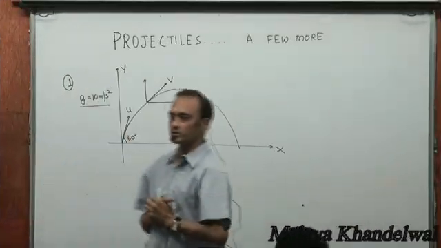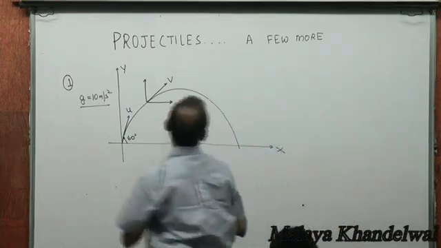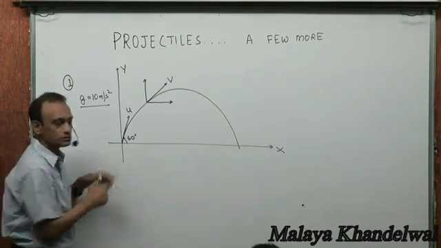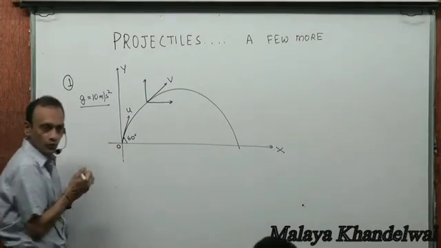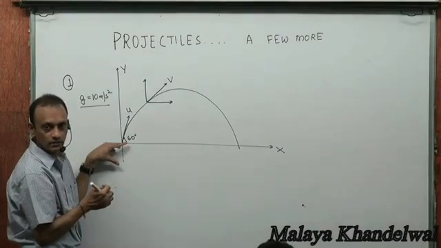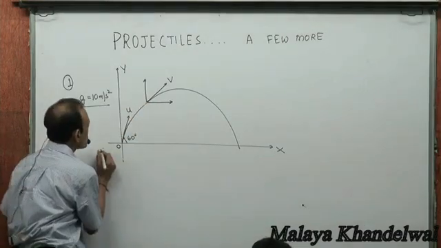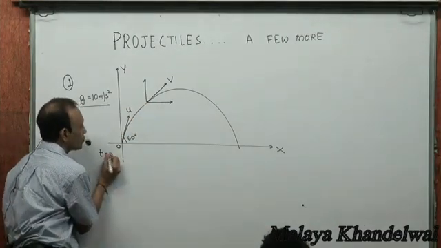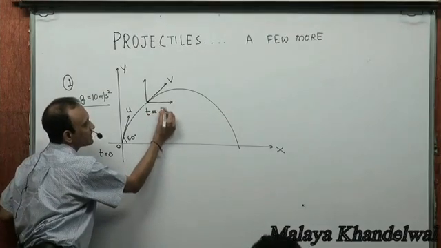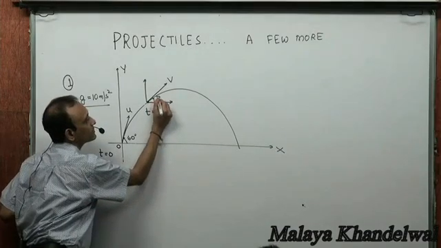Another bunch of problems, very basic problems on projectile motion. And this sheet titled Projectiles, a few more. So there is this particle launched, let's say, from a point O, and its velocity makes an angle of 60 degrees with the horizontal. Root 3 seconds later, if this was t equal to 0, this instant would be t equal